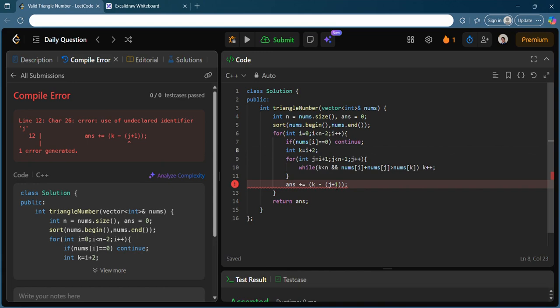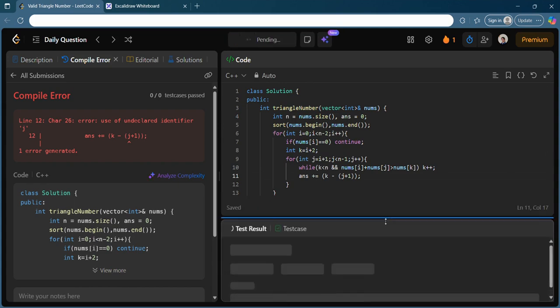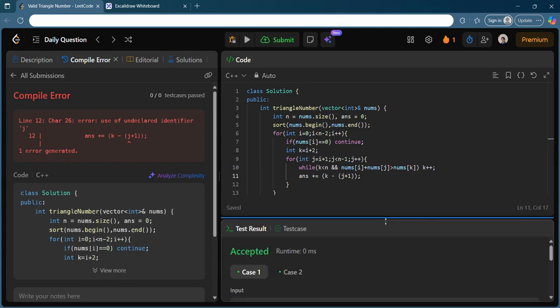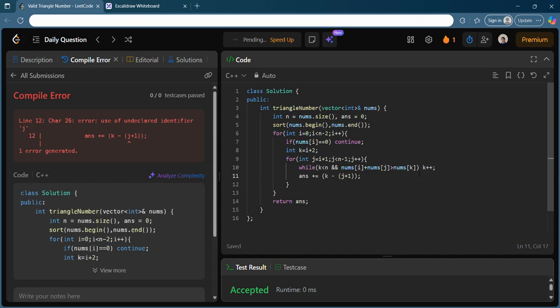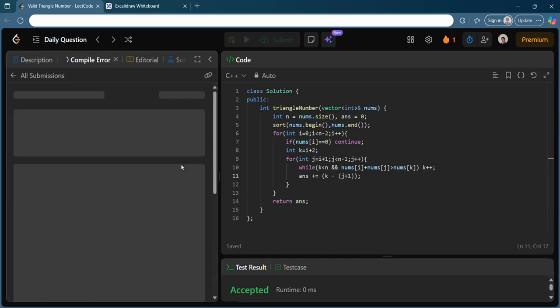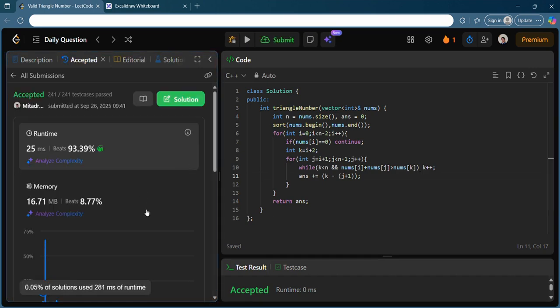It is still giving me a wrong answer for this. It is telling me that I am using this j as unidentified. Okay, so I just wrote it in the wrong place. I hope you guys can see this. I just wrote it in the wrong place. So yeah, we do have the accepted. If you try to submit it and check,